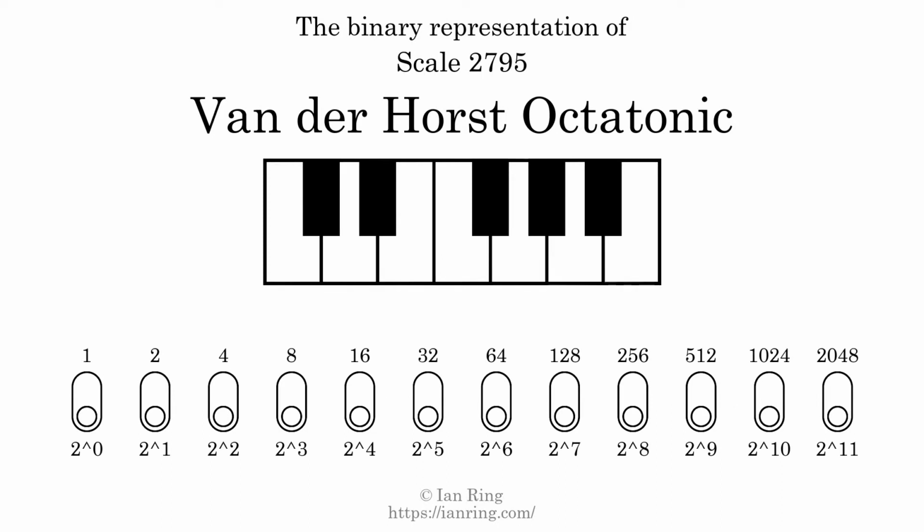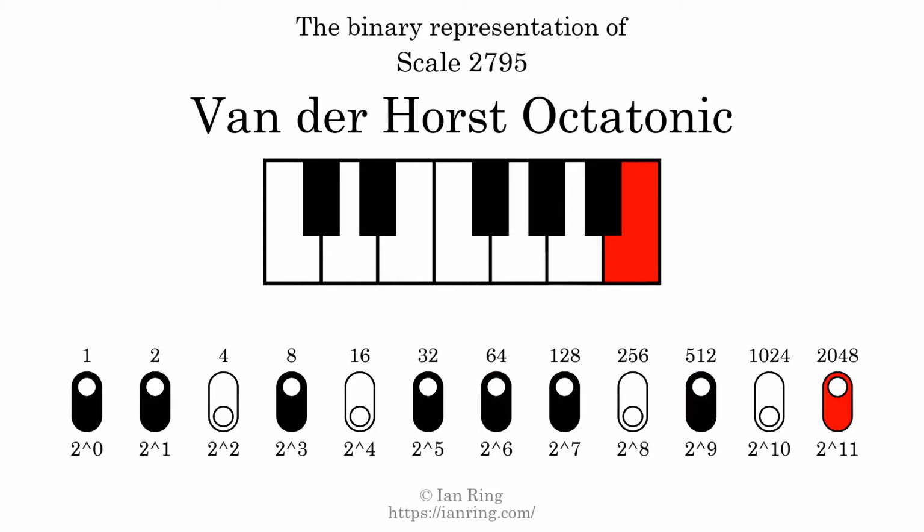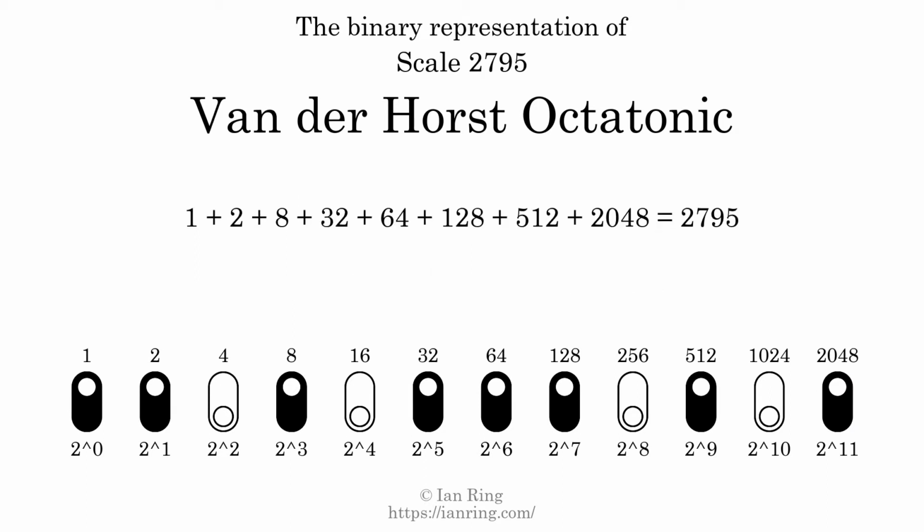The binary representation of this scale is determined by mapping tones of the scale to binary digits. Each binary digit represents a power of 2. To get the scale number, we add the powers of 2 together. The powers of 2 that are present in the scale, all added together, equals 2795. That is why the scale number, in decimal, is